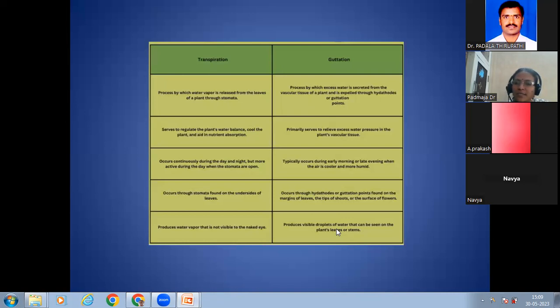We are in winter season, and we will clearly see this in the early morning. If you see the leaves of this tomato or the colocasia,